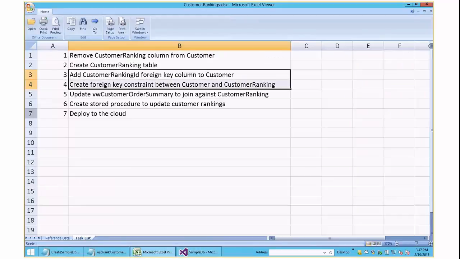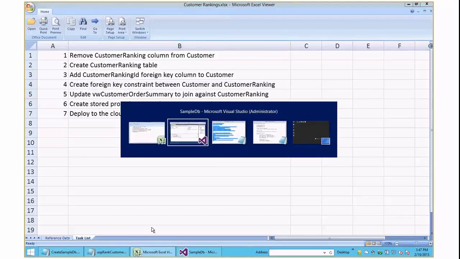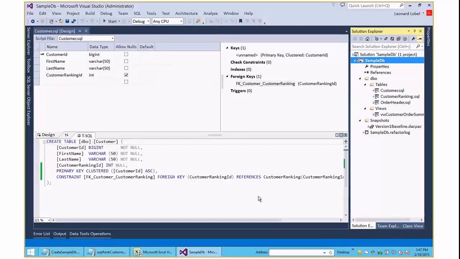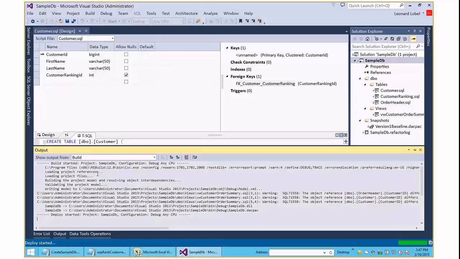Okay, so at this point, before I proceed with step 5, I am going to press F5 to build and deploy the database. So I'm going to press F5 now. You can see it's doing a build. And two questions now. Well, first of all,